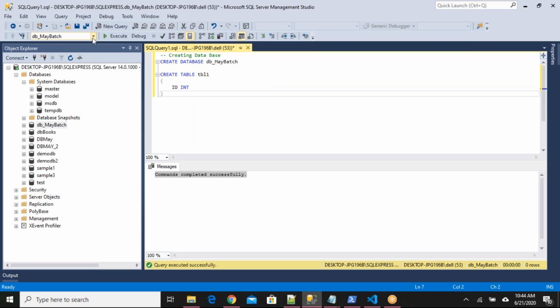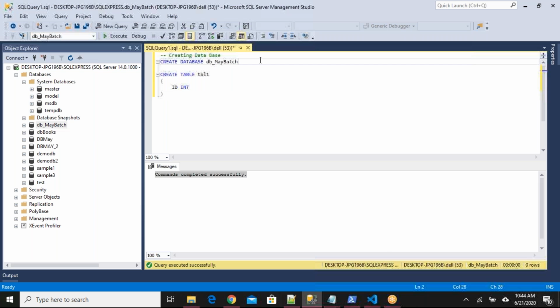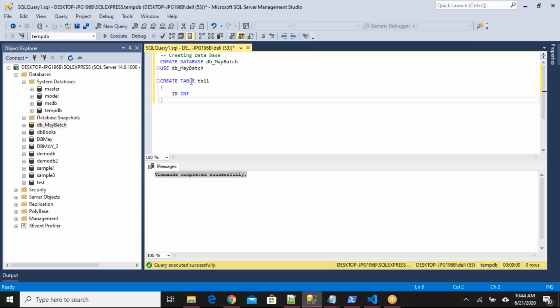So I can select the database of my desire in the drop-down list, or I have one query like use db_may_batch. Two options are there for me. I can go here and select from the drop-down list. For example, I selected tempdb. Now see here, I'll run the query use db_may_batch.